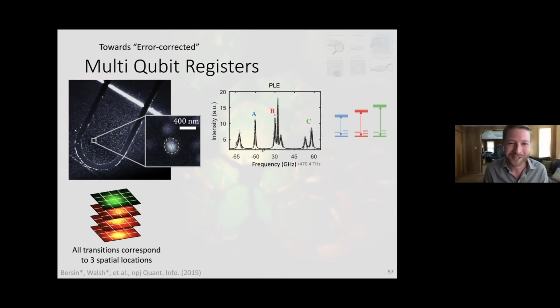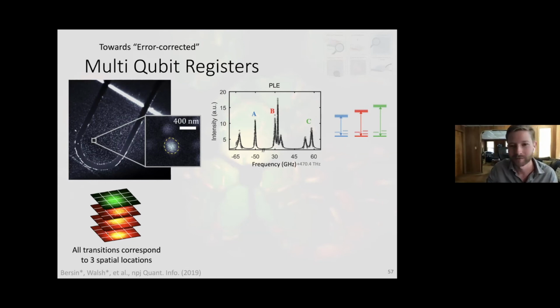Yeah, so here we have those 3 different qubits, A, B, and C, and you can see on the PLE plot, they're labeled in conjunction with optical transitions that are very distinct from each other and separated by many, many gigahertz, so many, many linewidths. And what you see up here is just blasting this with green light. If you remember, the actual light of the transition is red. But because this is a solid state system, we can off-resonantly excite. If we do it with green, we excite all of them at once. So instead, these 3 slices are exciting it resonantly with the appropriate red light for each of the emitters.